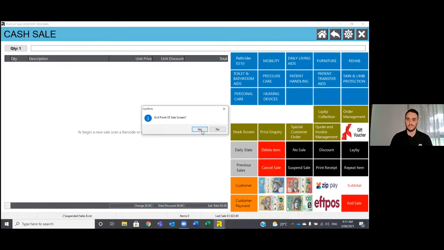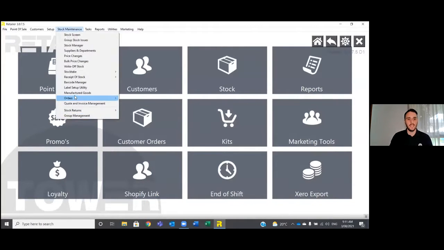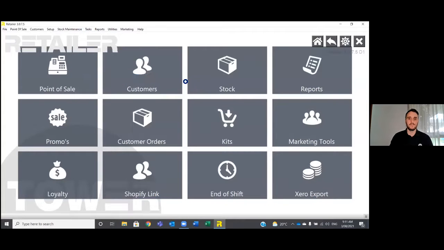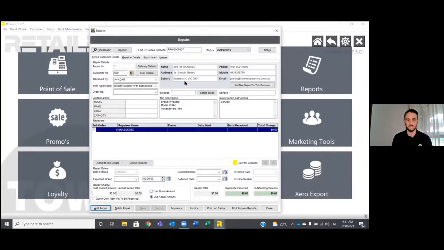Excellent. And now the one other main thing from the top of the video was the repair side of things. I'll quickly just touch on that. The repairs software we have is based very much on what we already do with jewelers and what we do with bike shops. Because I found that within the mobility scooter business area, the requirements are very similar to those two. Yeah, absolutely. And just in a nutshell, it basically allows you to bring an item in for a repair,